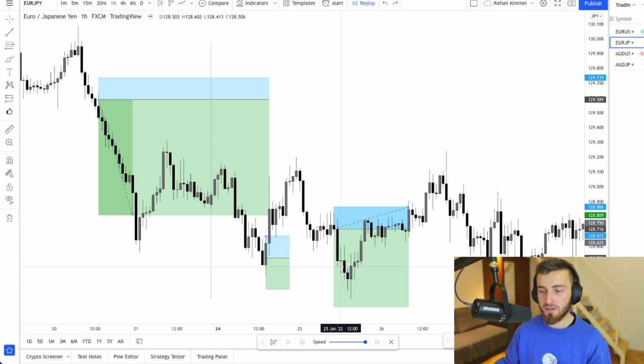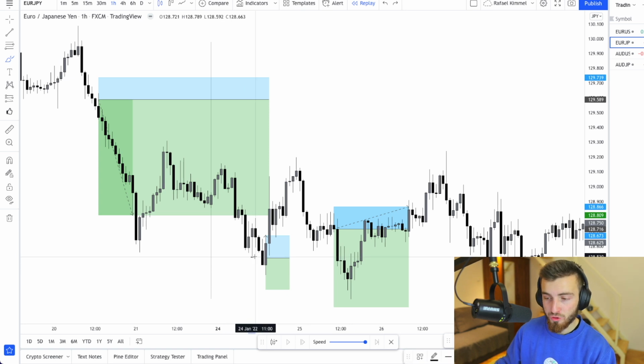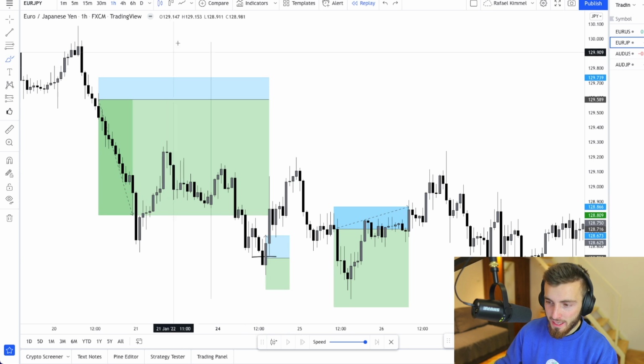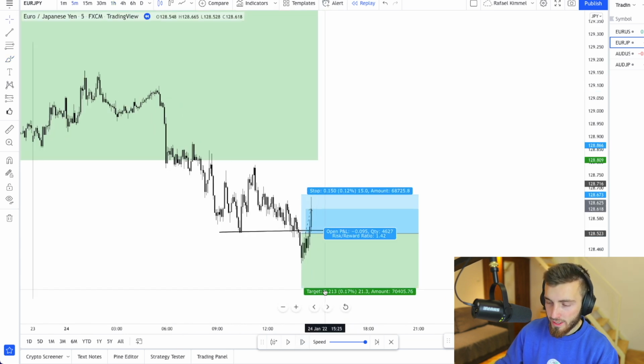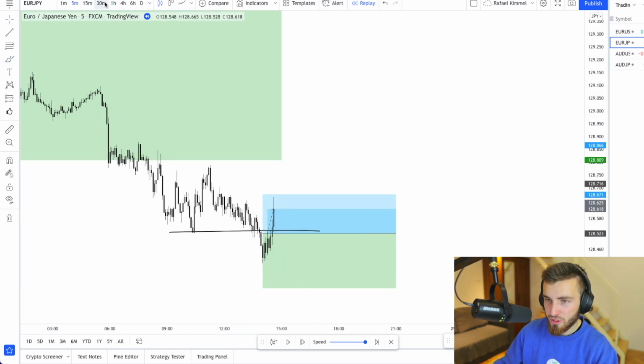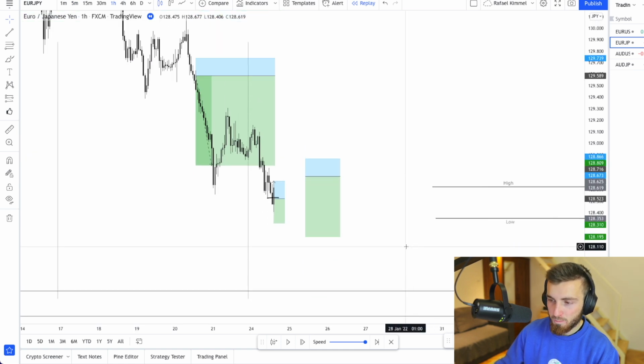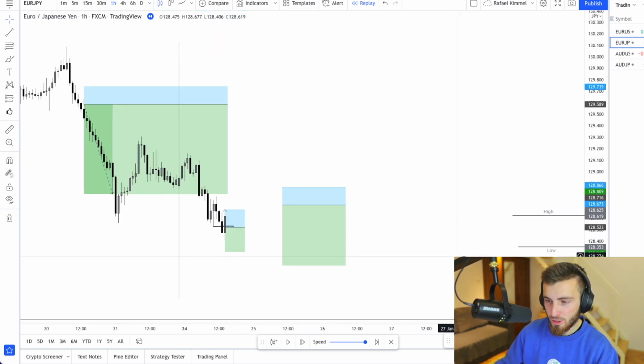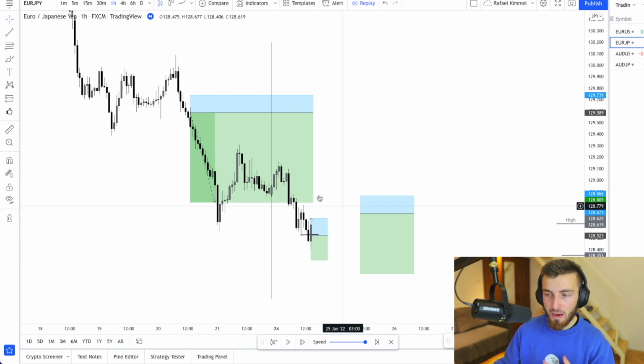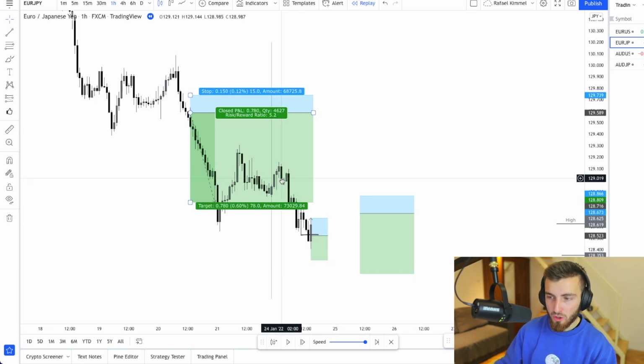I want to enter. What happens? Beautiful trade. I put my entry on the line. I think I got tapped in and it started going. Okay, no, this just tapped me in and it started retracing a little bit, but then it just completely went to my stop loss. And I'm fine with it. I was fine with it.